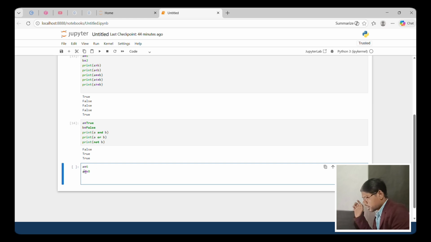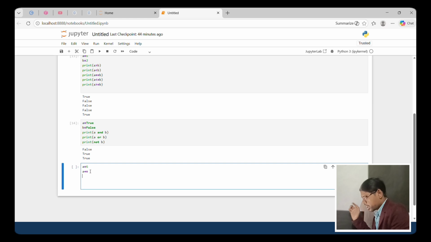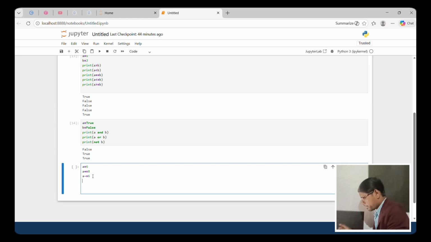Actually first add and next assign. Okay, and A minus equal 6, first minus and next assign. Okay, and print A, check which value it contains.